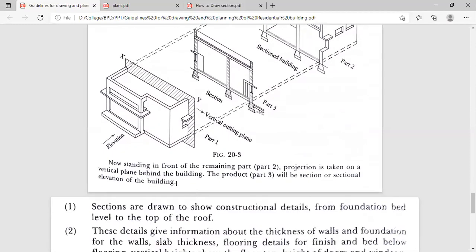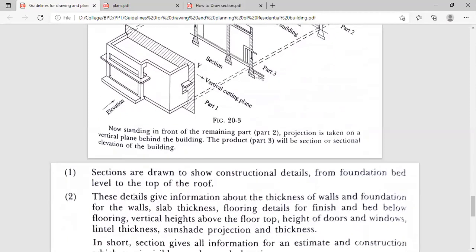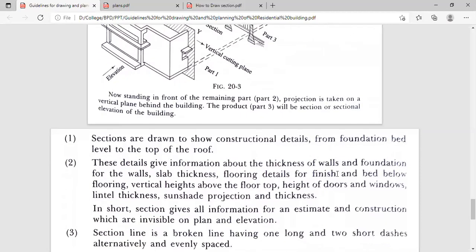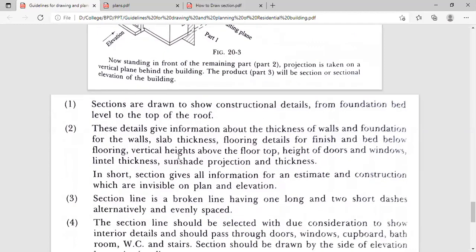Now, whatever sections are drawn to show construction details from foundation bed level to the top of the roof, these details give information about the thickness of walls and foundation for the walls, slab thickness, flooring details for finish and bed below flooring, vertical heights above the floor top, height of doors and windows, lintel thickness, sunshade projection, and thicknesses of other things also.